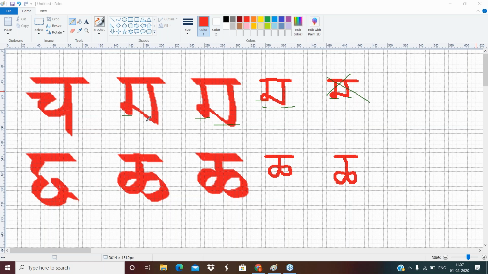See here, there is a distance here. So students have to be careful, and in Ch, make sure this line is short. That means this width and this width have to be symmetric. It has to look symmetric. I need not say that exactly the length has to be the same, but if you draw like this, it will not look good. Similarly, if I have to draw a curve, you cannot draw like this. This also does not look good, right? So it's all about symmetry.